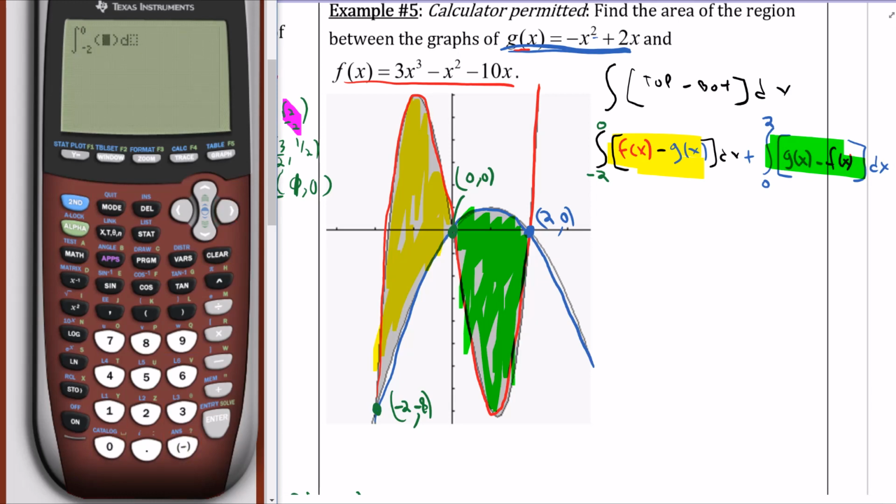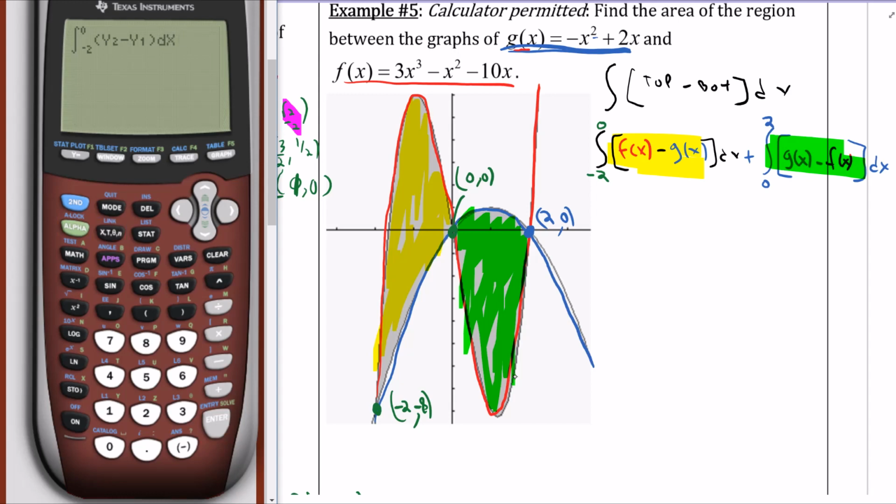And we're trying to calculate f of x minus g of x. So I do not need to type that whole thing in. I just have to remember, where did I put f of x? I put f of x as y2, so I'm going to press alpha, trace, go down to y2, enter, minus g of x, which is what I put in y1, like such,